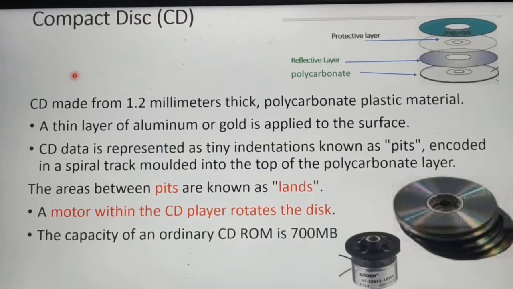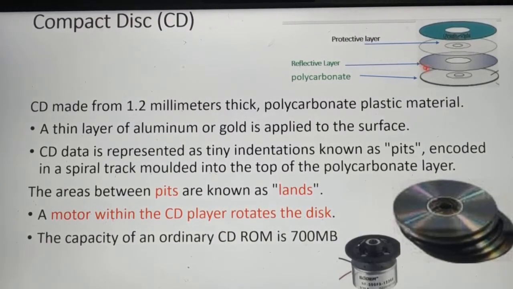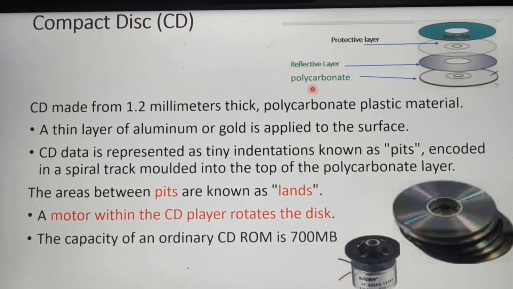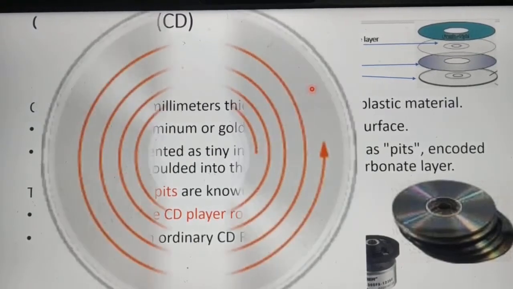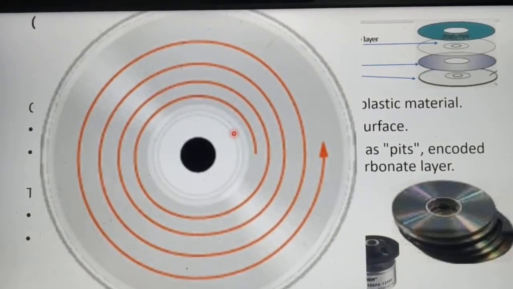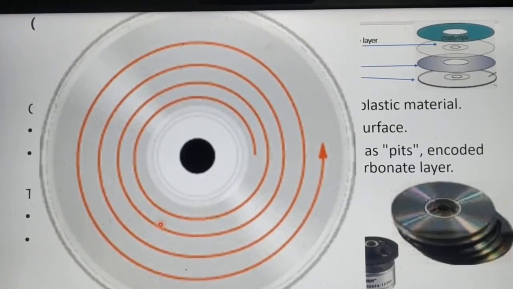First let's see about compact disc, which is simply called CD. Here we have four different types of layers. First and bottommost layer is called the polycarbonate layer. Above the polycarbonate layer, a spiral track is molded in spiral shape. All data and information are encoded in the track in the form of binary bits, which is 0 and 1. Its length is more than 5 kilometers long. So lakhs and lakhs of bits are stored in the spiral track.